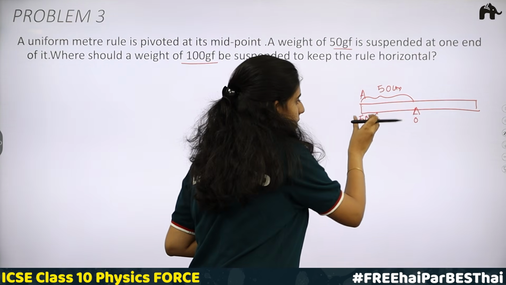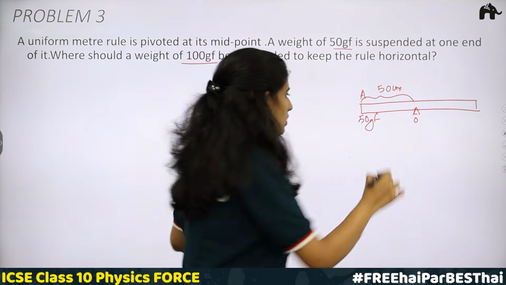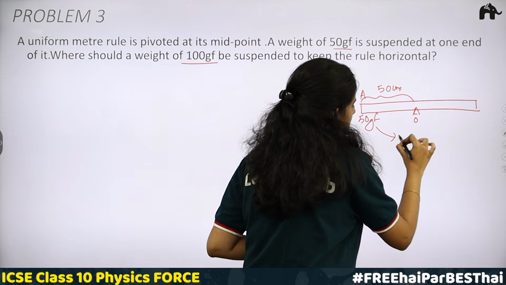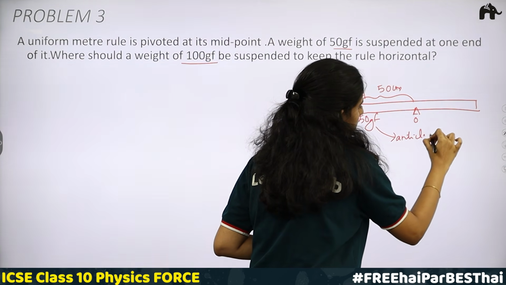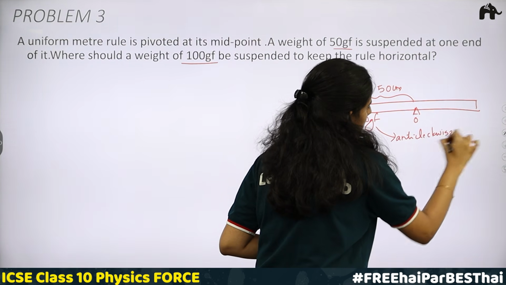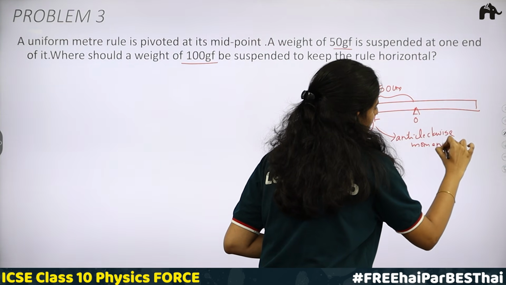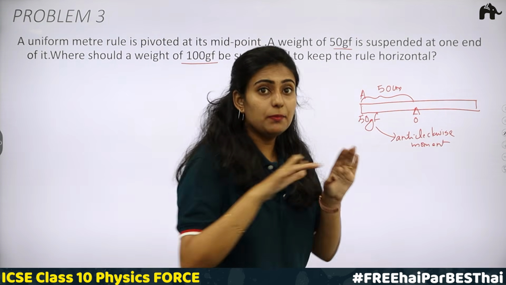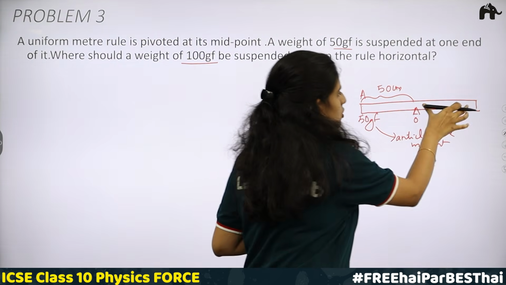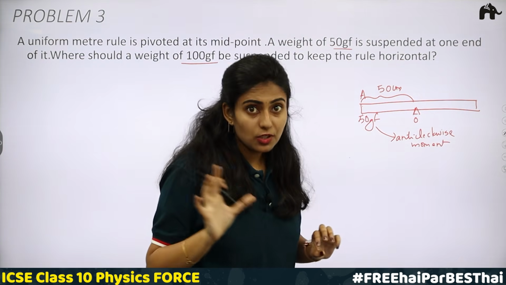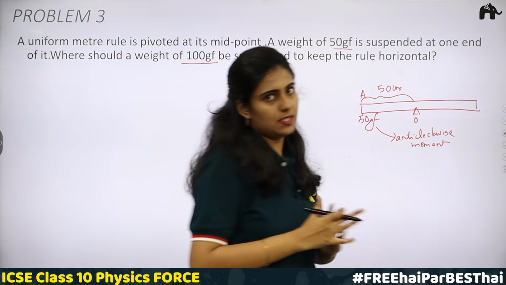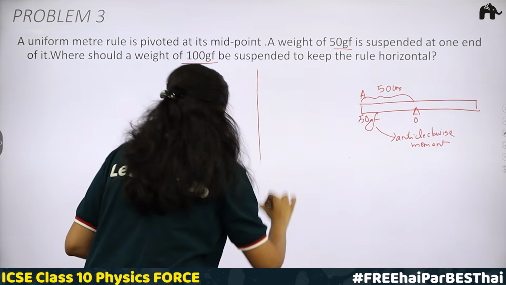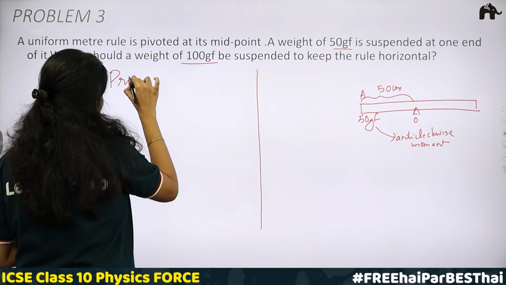So when you suspend this 50 GF, what happens? It will cause an anti-clockwise moment. Okay, an anti-clockwise rotation or an anti-clockwise moment is created here. In order to balance this, to keep it horizontal, what should be done? A weight should be suspended here, but we need to find where the weight should be suspended. According to the principle of moment,